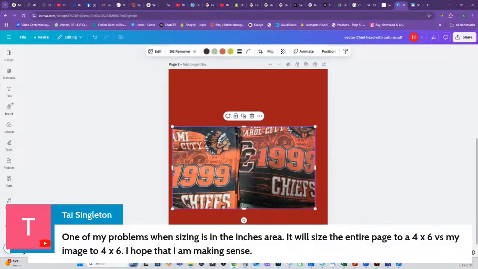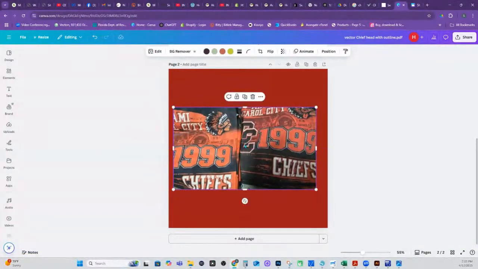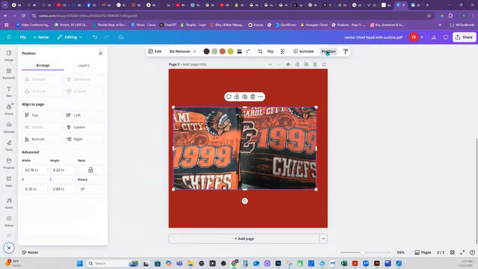So one of my problems when sizing is in the inches area. It will size the entire page to 4.6 versus my image to 4.6. Because you're probably doing the wrong thing. If you're clicking on the wrong area, if I wanted to size this to 4.6, you have to go to position, and right here on advanced, if I wanted this to be 4:6, it's going to still cut it off,